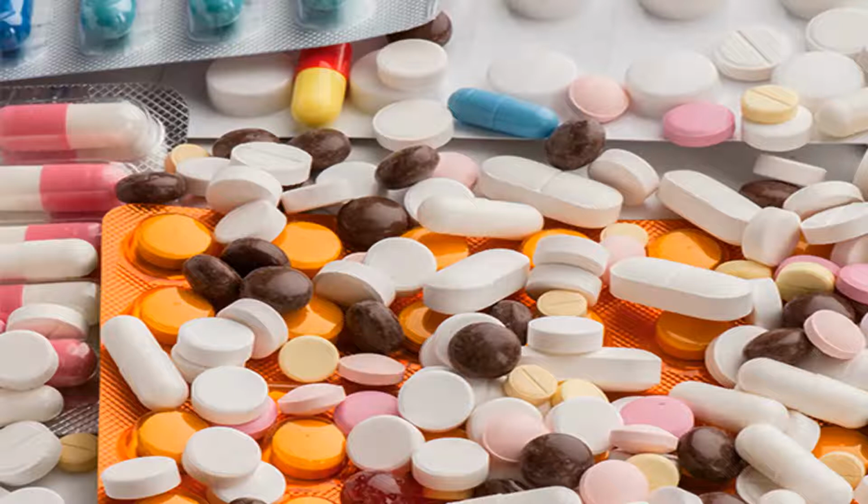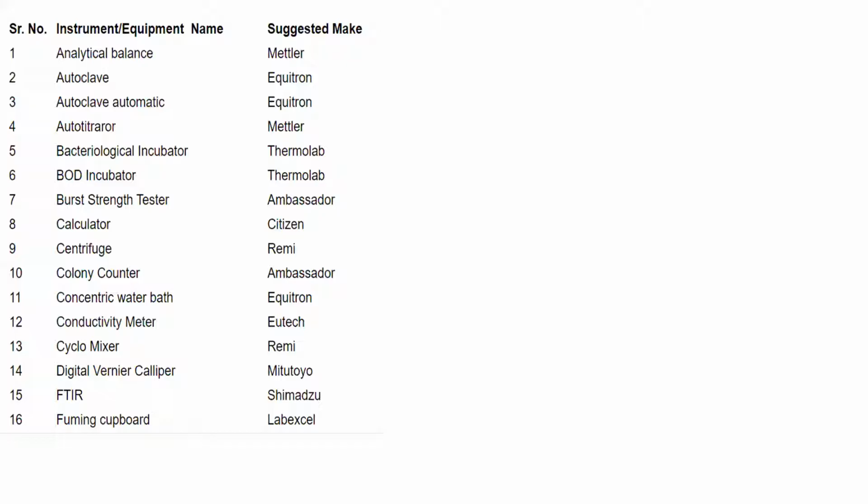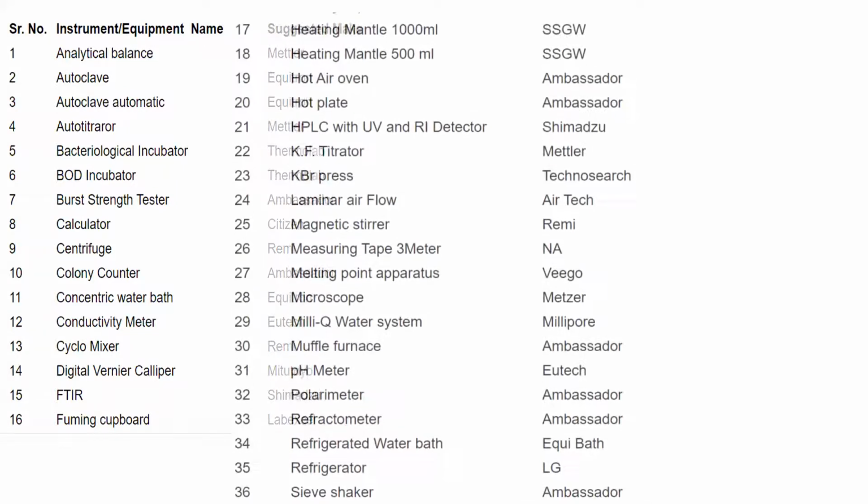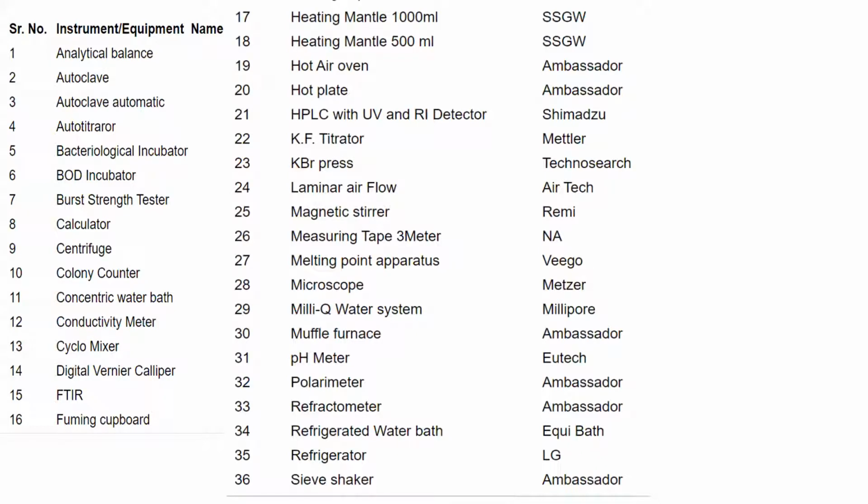So after many studies, the R&D section will decide the shape, size, and the components which can be mixed with the API. Here, before going to discuss the stability study, we have some equipment. You can see, starting from analytical balance, autoclave, auto titrator, bacteriological incubator, BOD incubator, scientific calculator, many things are there. This is the list of available equipment which can be used in